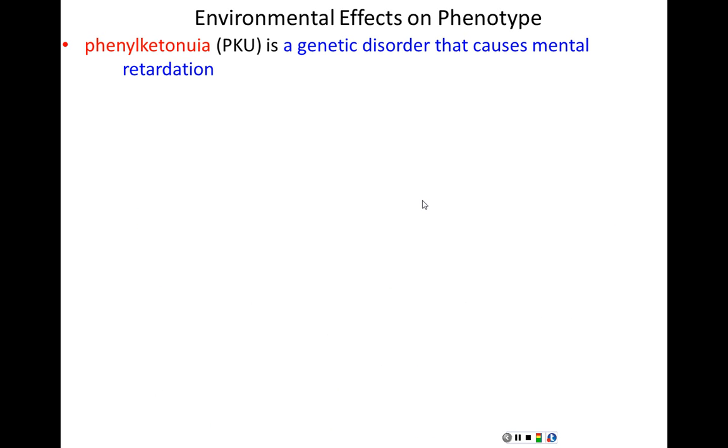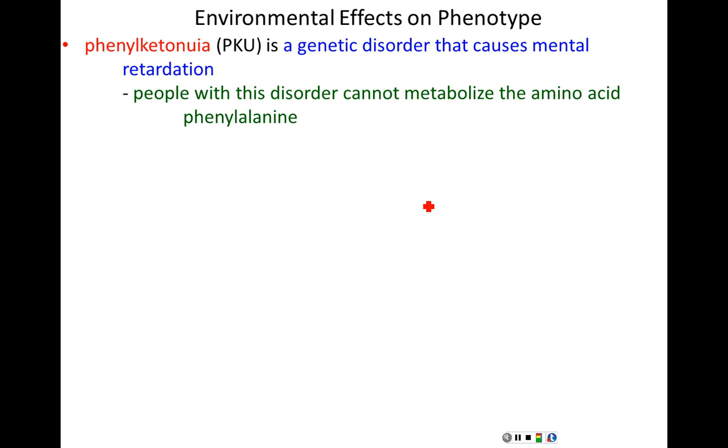Phenylketonuria, some of you may have heard of that in another class, PKU. It's a genetic disorder. It causes mental retardation in individuals with PKU. The cause of this is that people with this disorder cannot metabolize the amino acid phenylalanine, and so very early on in life there's a massive accumulation of non-digestible phenylalanine in these individuals, and it causes brain damage. So it's the toxic buildup of phenylalanine that causes the disease. It is genetically based that an individual has phenylketonuria. So the inability to metabolize phenylalanine is genetically based. But the syndrome, the disorder, the mental retardation comes from the toxic buildup of phenylalanine.